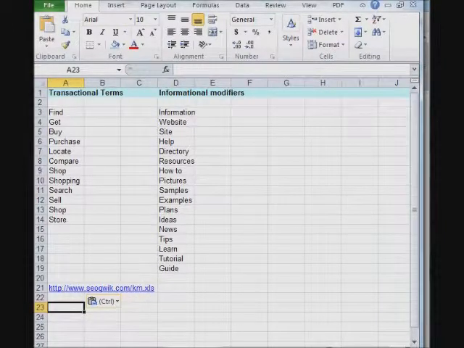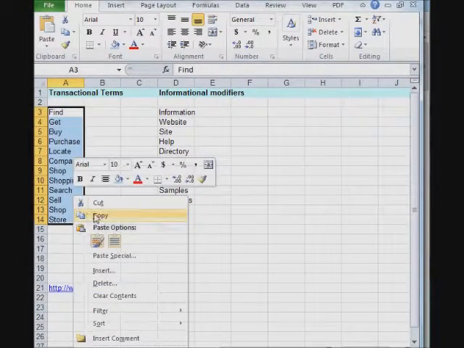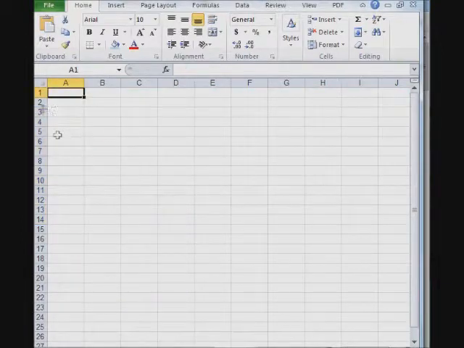So yeah, on this tab we've got some transactional terms like find, get, buy, purchase, and we're going to go ahead and copy all these, start a new tab,